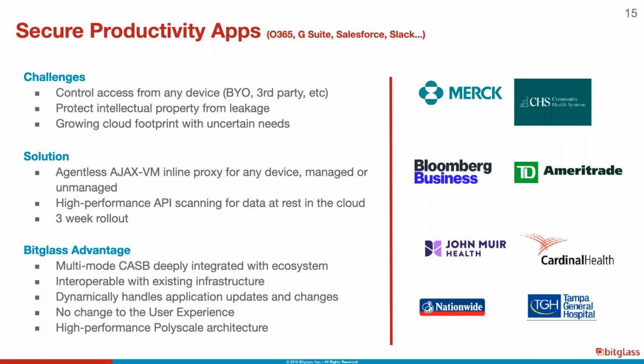Productivity apps. These are the main applications, the big ones: Office 365, G Suite, Salesforce, Slack. All of them have security features enabled. The problem is that nine out of ten times it's a pain, and it's a per application setting. So you need to go into every application, make your settings, test it, etc. For BitClass, because we are in front of all these applications, you can make one setting for all, and it doesn't really matter anymore. It just works.